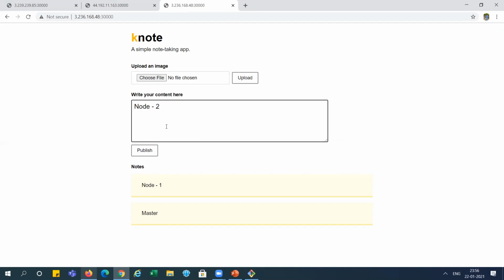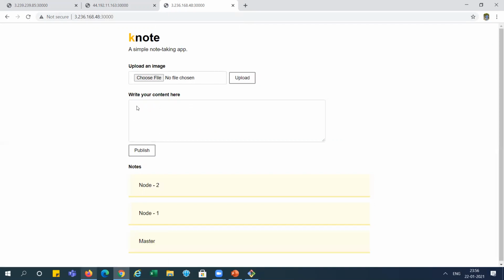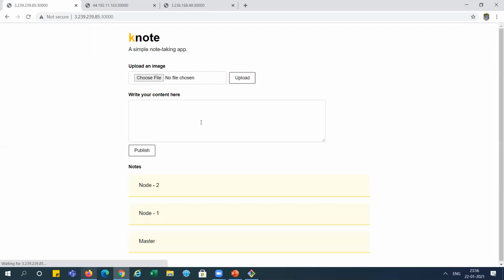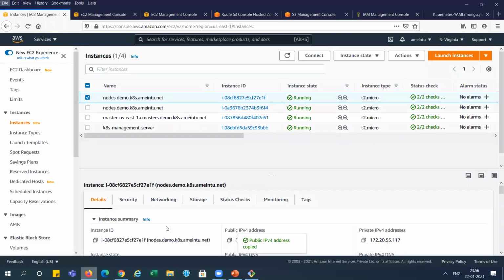Note that we don't need to open the port here, because both nodes are using the same security group. So we have opened it for node one, and we don't need to open it here. I'm publishing node two here, because the application is storing those things in the database also. And just I want to refresh this page for the master node. You can see I will get the updated data over here. See, we got it, right? So the application is working fine, which is deployed on the Kubernetes cluster, right?